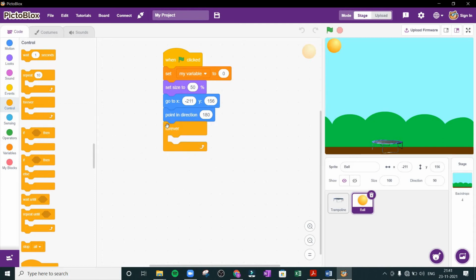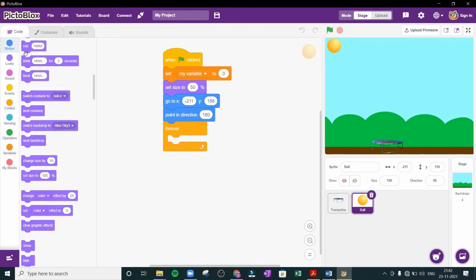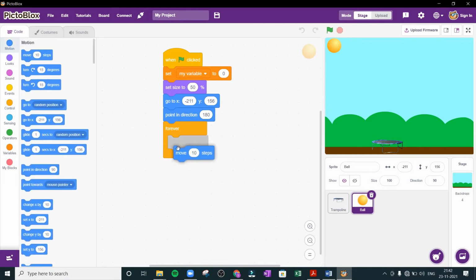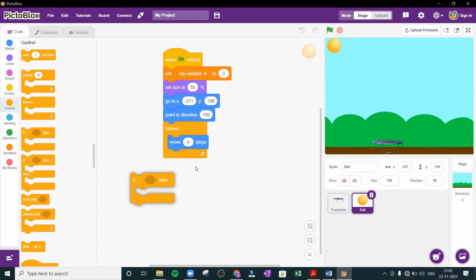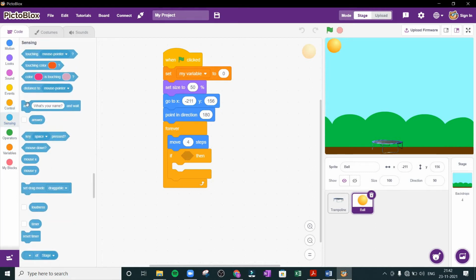Now I want to move it down. Okay, so because I want the right speed, that is why I'm using move 6 steps, suppose. Chalo, 4 steps I'm using. Okay, now if it touches the trampoline, now control, when I'm saying if, it means if we are touching the trampoline. Now touching is in sensing, so touching the trampoline,